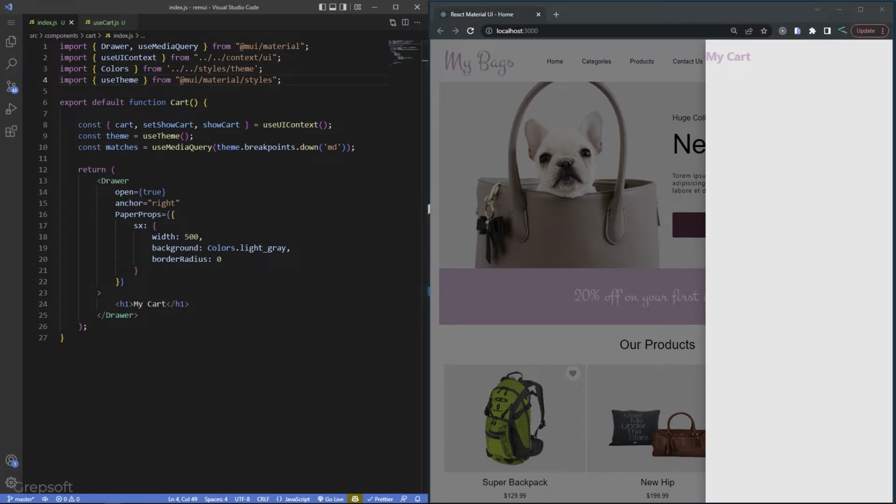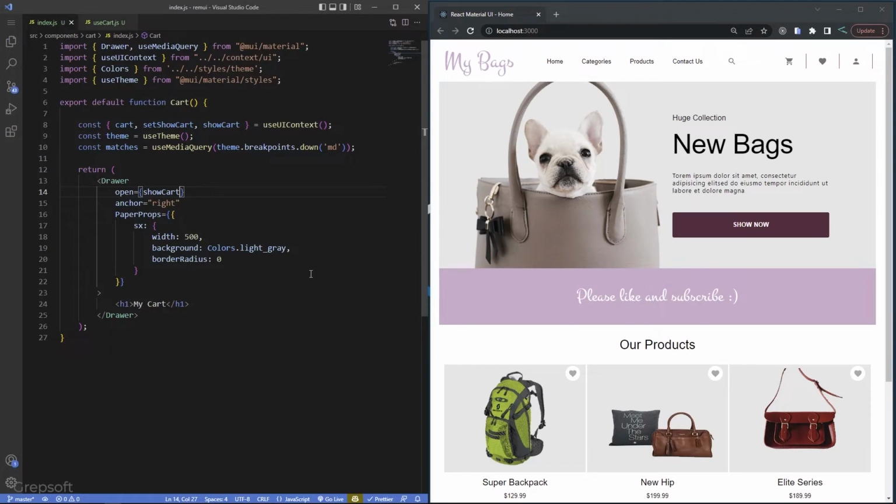Well, I need to, first of all, instead of this, I can do show card. So that should hide that, which is great. All right, and the other thing we need to do is I need to hook this into here. So when I click add to cart, we start adding stuff to cart. But before I do that, why don't I go ahead and add the stuff here so that we can show